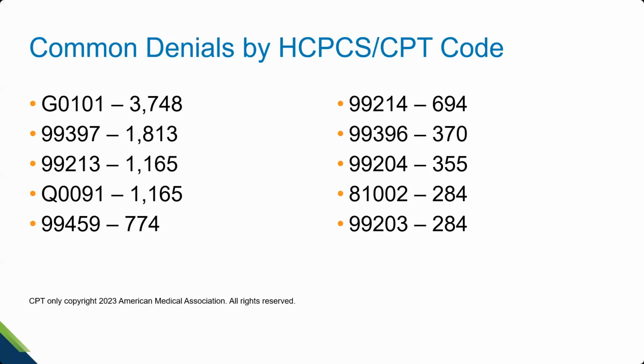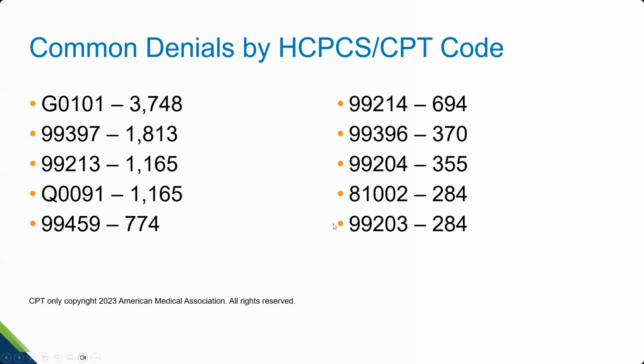81002, number one reason for denial is that the provider didn't enroll in the CLIA program. They don't have the certification number to put on the claim so that we can pay that lab. Number two is dupe. Number three is that the provider number is not valid for these services. And finally, 99203, number one reason for denials is the patient is a Medicare Advantage beneficiary. Another reason we deny this is only one initial visit per specialty, or the physician or supplier is not eligible.